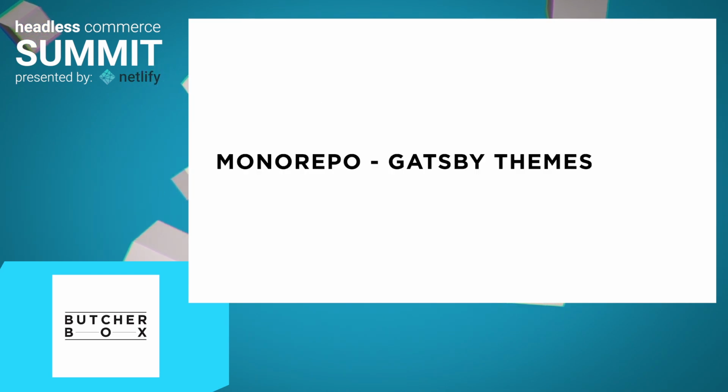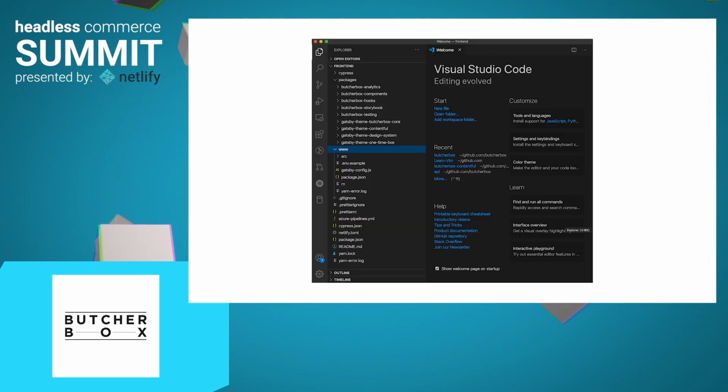And originally we started out using a monorepo and using Gatsby themes. Gatsby themes is a way to share functionality across Gatsby sites. It's kind of like a plugin, but it could be a collection of plugins. And the way that I originally had set this up was to have lots of Gatsby themes shared and then